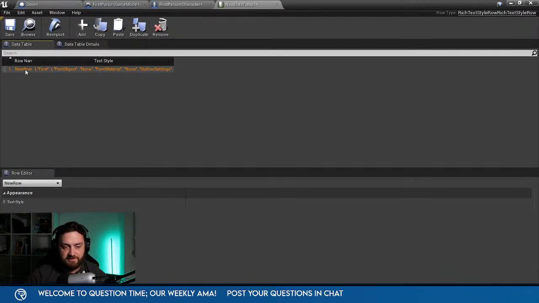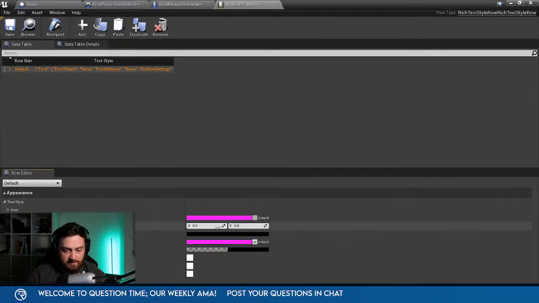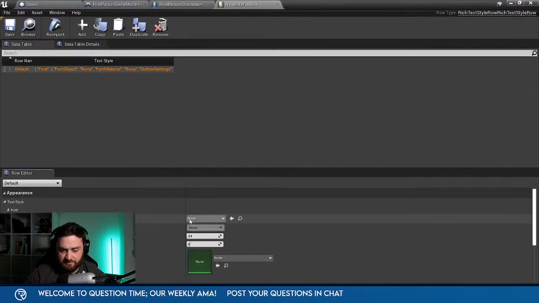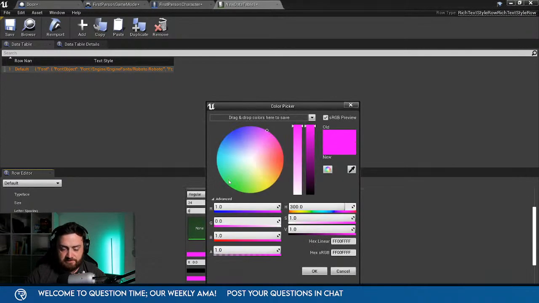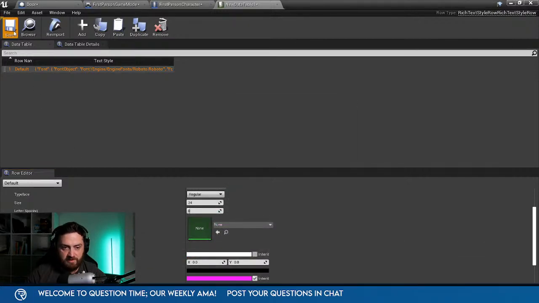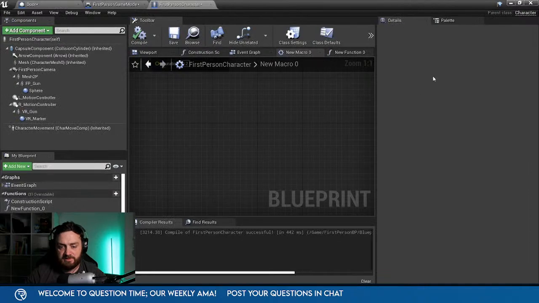Name this one default. You don't have to name it default. It just picks the first row, but for organization's sake, I recommend naming it default. And we'll set the font here to Roboto. White in there. Okay. Save and close that.